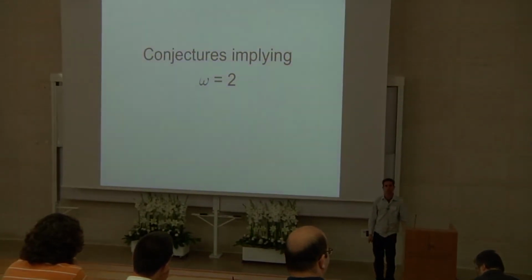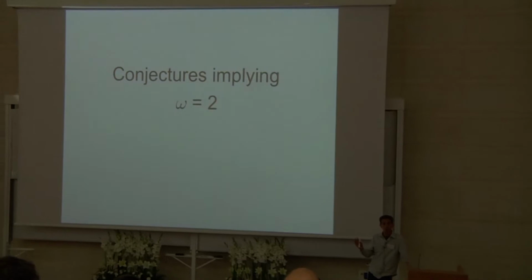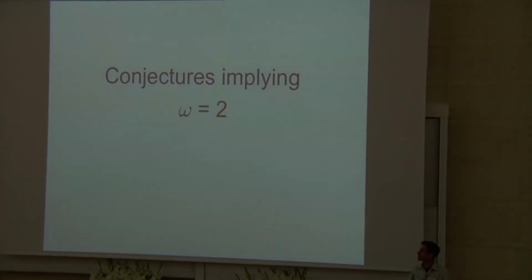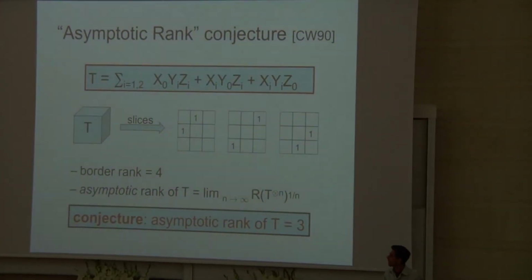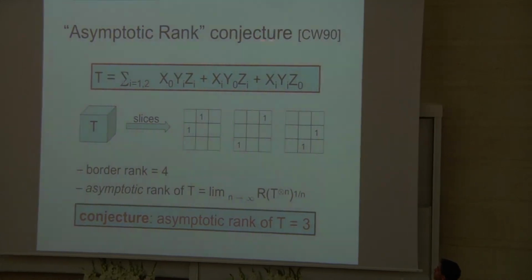Okay. So I want to give several conjectures that imply omega is equal to 2, and I actually hope some of you will be interested in thinking about some of these. I think they're quite accessible. And let me connect it to the previous discussion by talking about first this asymptotic rank conjecture, I guess really more of a question,